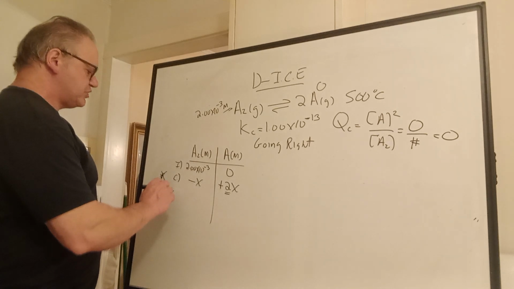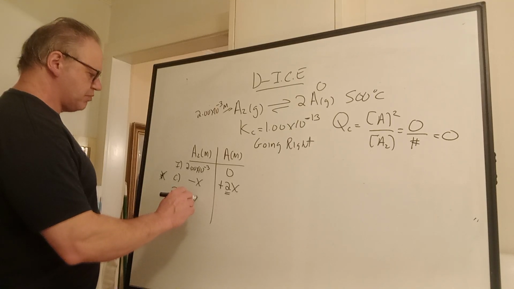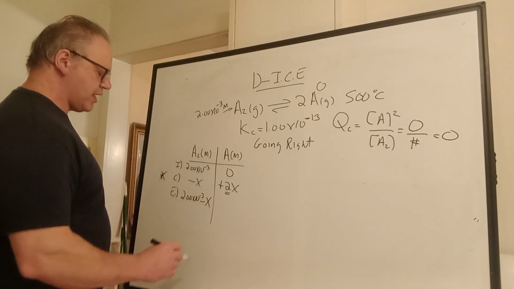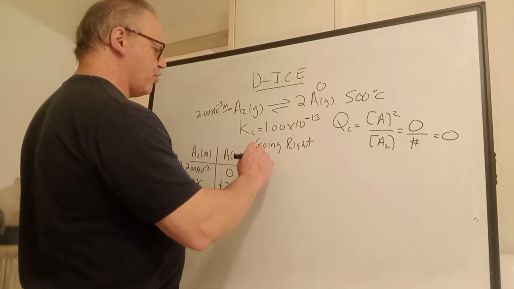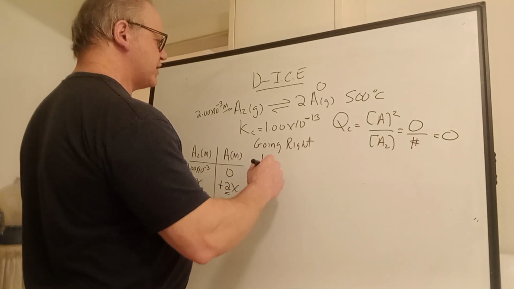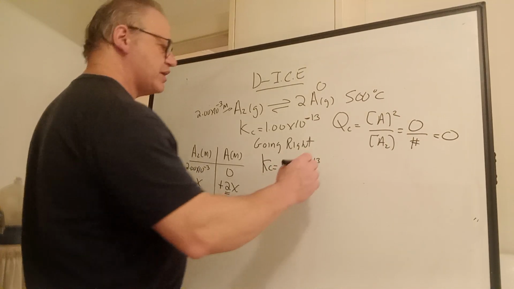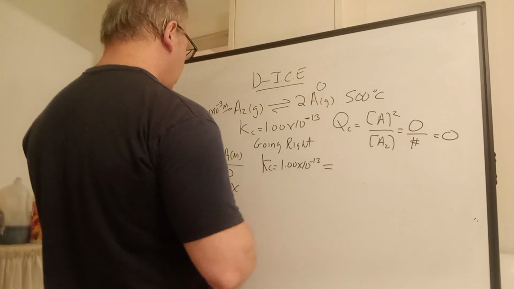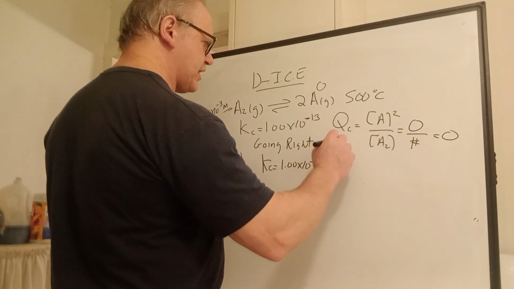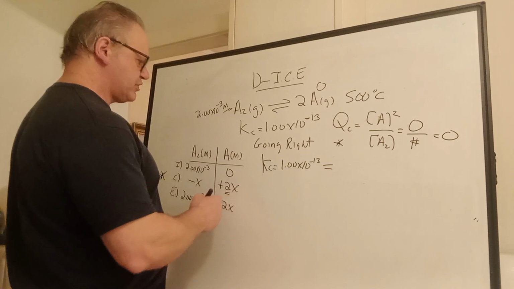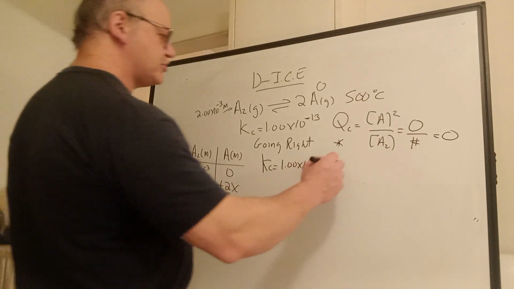And then the equilibrium step, if you want to call it that, is just bring it on down. 2.00 times 10 to the minus 3 minus x, and this is just going to be 2x. We're good so far. So now Qc has exactly the same form as Kc. I'll write down 1.00 times 10 to the minus 13, a tiny number, is equal to, we're going to have in the numerator A squared, right? So here's another point where people make a mistake: you have the 2x, and for some reason,